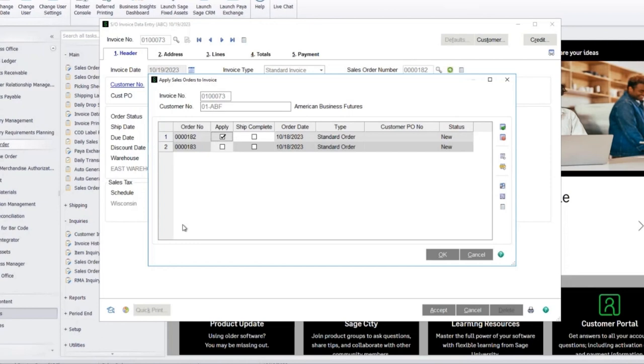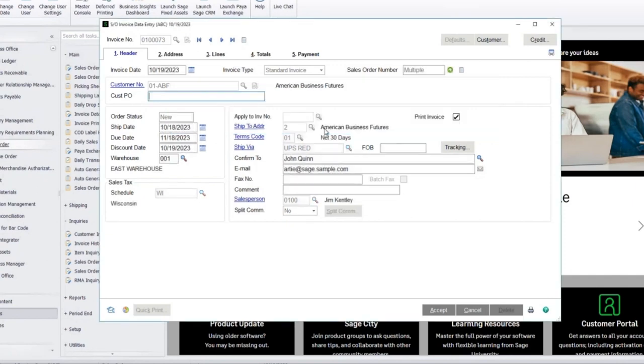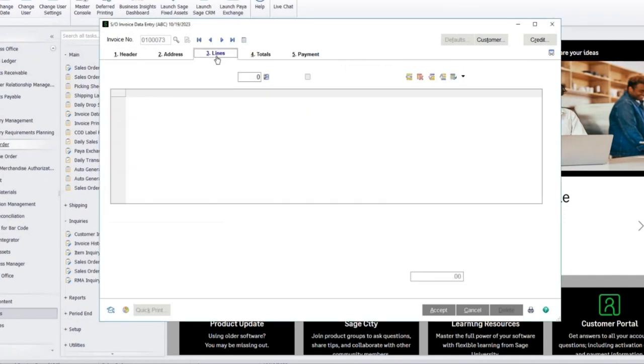So here we would just get a full listing of all the sales orders. To add them, we pick the apply button, and then ship complete is the standard ship complete prompt that you get when you go to the lines tab when you're invoicing a sales order. Do we want the system to default in the full quantity? So we select them, we say okay. It'll give us this little message that it's basically going to combine freight. If you have deposits on sales orders, it's going to combine deposits,